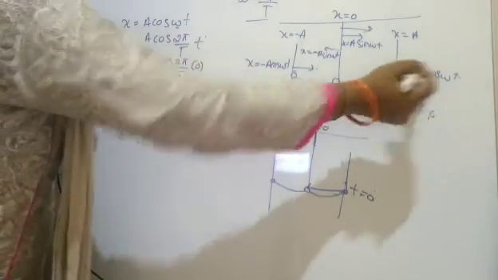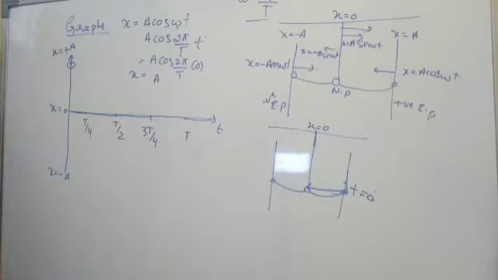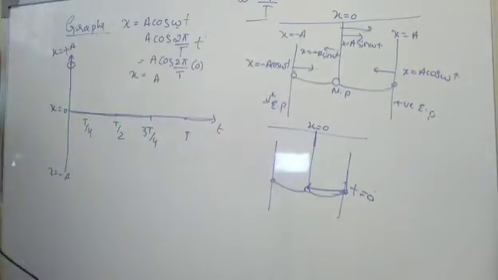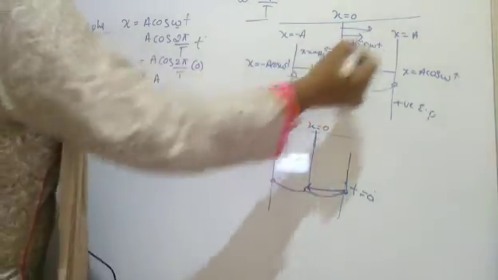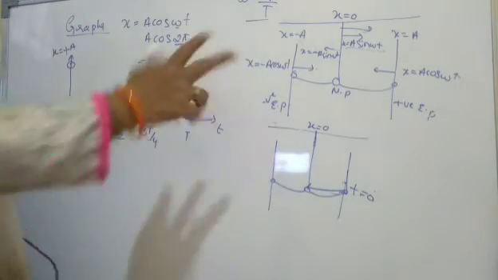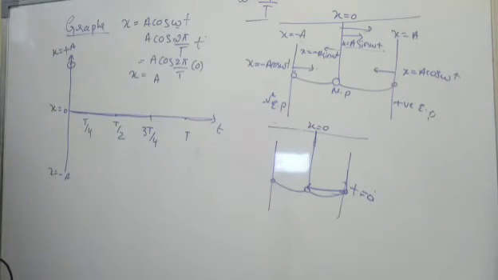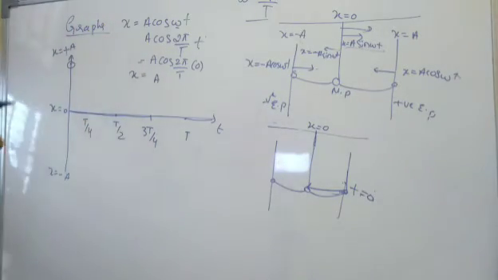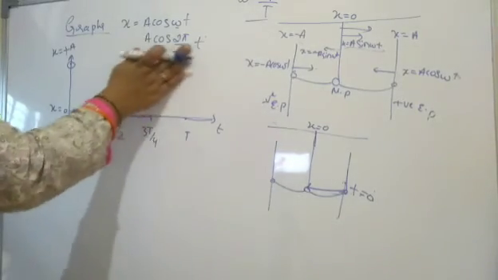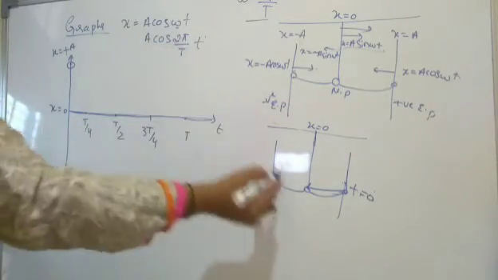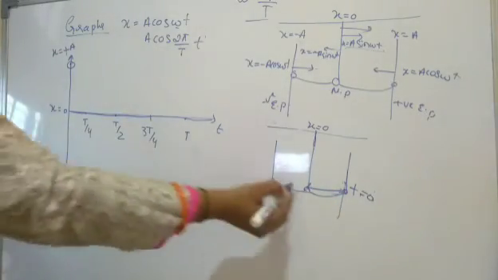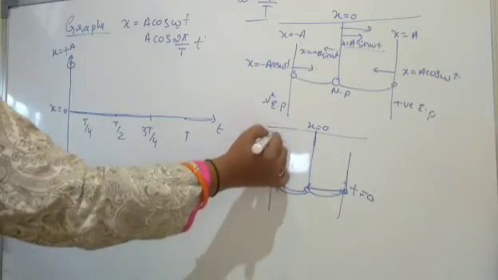Why is cos omega t there here? The particle is executing the simple harmonic motion from extreme position to mean position. In the earlier case, the particle was moving from mean position to extreme position. That's why the equation is a sin omega t. These two you have to remember and you have to frame the graph. Very, very easy method and very, very important also. Now, we'll move on to x is equal to mean. From here to here it came now, right? Maximum to minimum. Then from minimum it has to move to the negative extreme position.